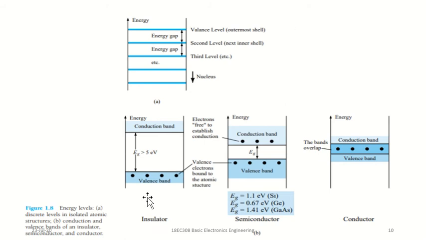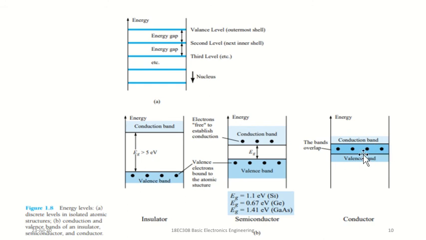If you take an insulator, the valence electrons together form an energy band called the valence band, and this is the conduction band. For conduction to happen, electrons from the valence band should move into the conduction band, right? What energy is required? We need an energy of greater than approximately 5 electron volts. Such materials are called insulators. And if you take a conductor, there is no need of any energy because the bands overlap. The conduction band and valence band are one over the other.